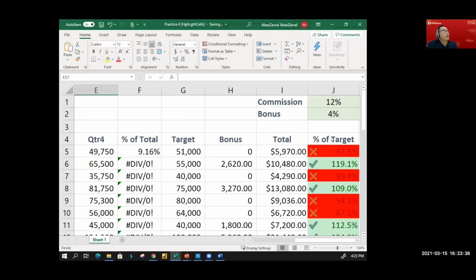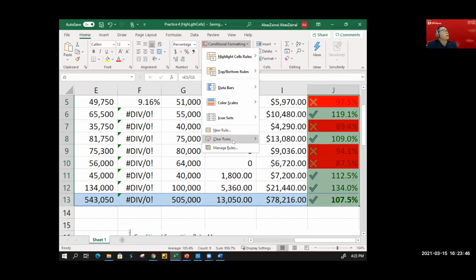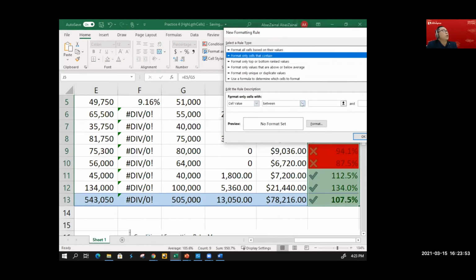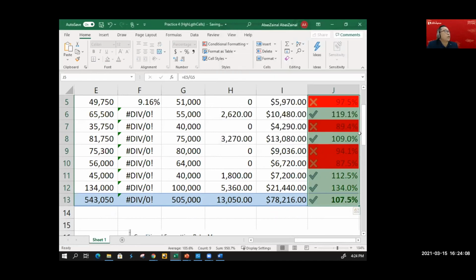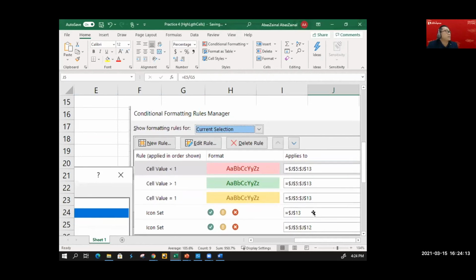Here I select the cells from top to bottom, then I go to conditional formatting, new rule, format, cell value greater than or equal to... greater than 1. Is that right, ladies and gentlemen? Let me just check again. What does it say here? Okay, cell value greater than 1.